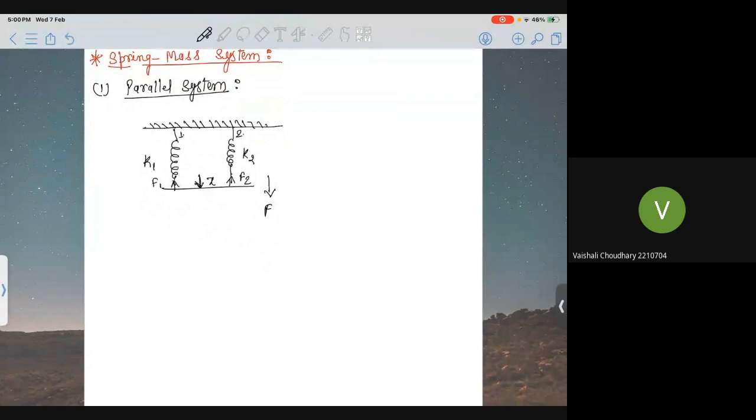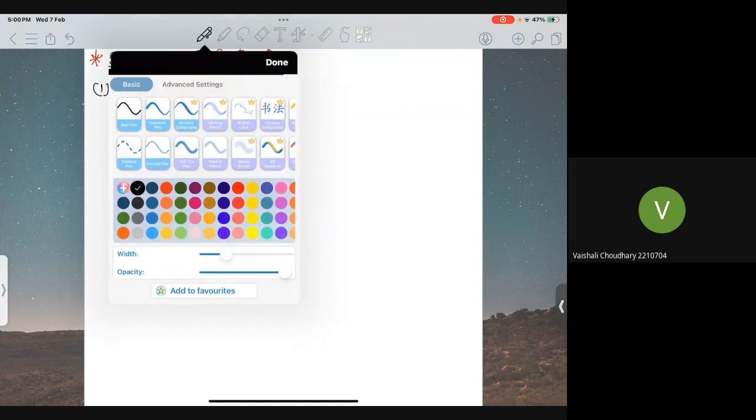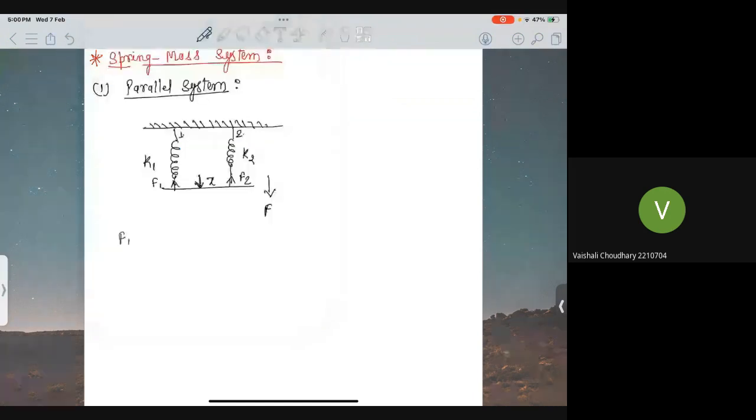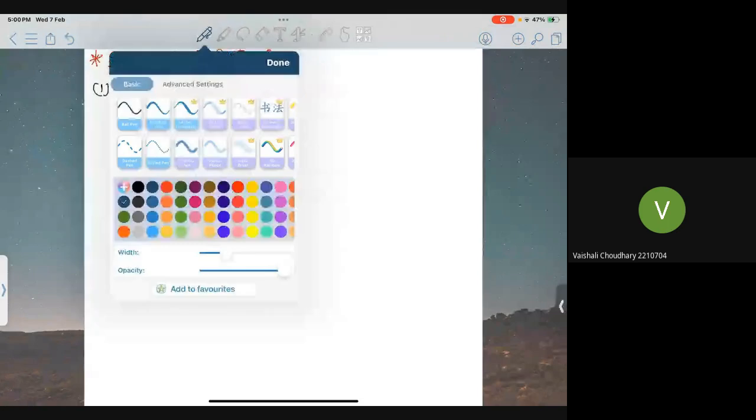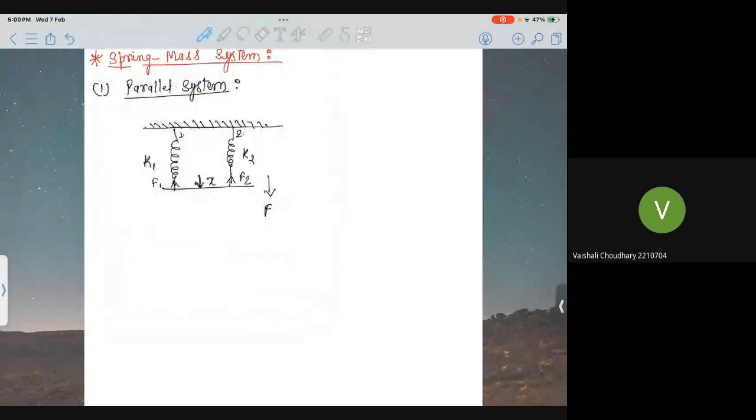So F1, which is opposite to the applied force, is K1 times X,